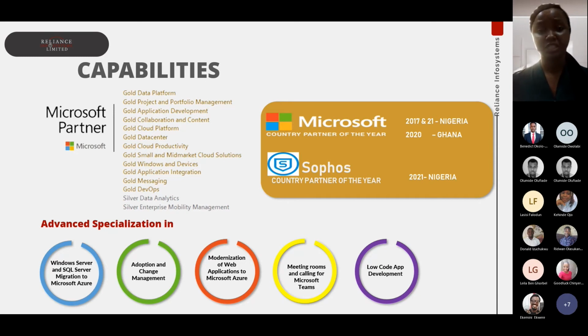Also, based on our passion for digital innovation and the transformative impact of our inputs on businesses around the globe, we have also been recognized with several awards. On 3 occasions, we have bagged the Microsoft Country Partner of the Year award, and we also won the Sophos Partner of the Year award this year as well. I believe that you agree with me that these competencies, specializations, and awards we have speaking to our name goes a long way to point to the effectiveness of our capabilities as an organization.